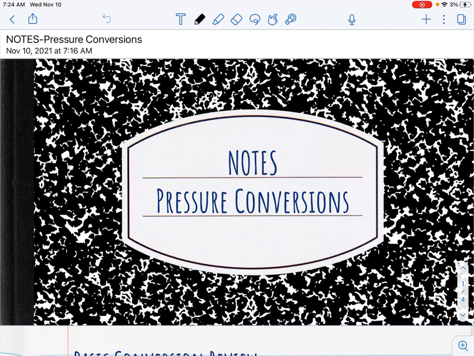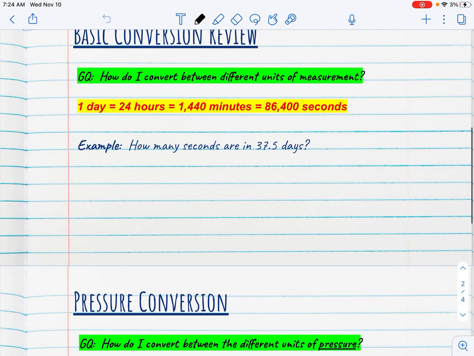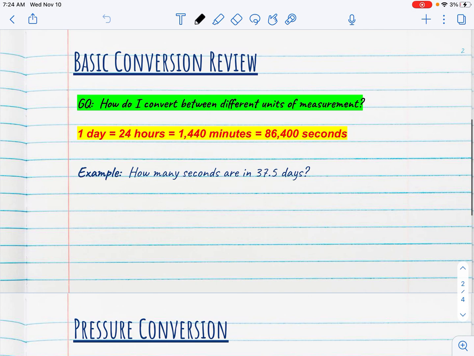Good morning, everyone. Just a quick review over conversions as well as how that applies to the pressure units we've been looking at. So one of the major questions that we looked at last unit, and we're continuing to look at this unit, is how do I convert between different units of measurement? And as a reminder, convert just means to change. Okay, and what are we changing? Units. So not quantity, but how we express. Okay, this is how we express